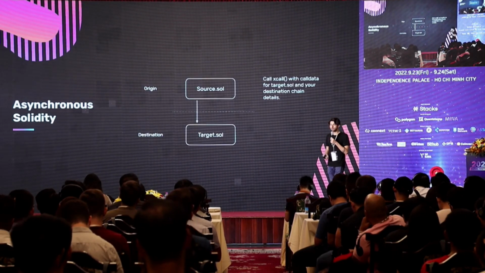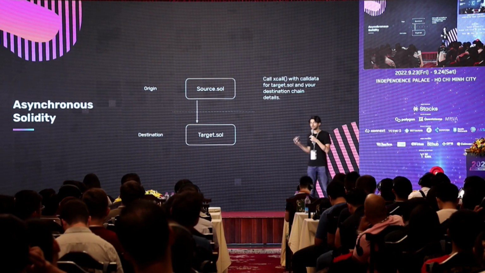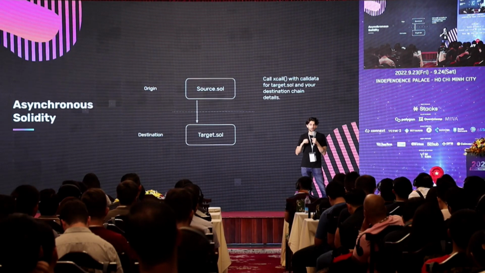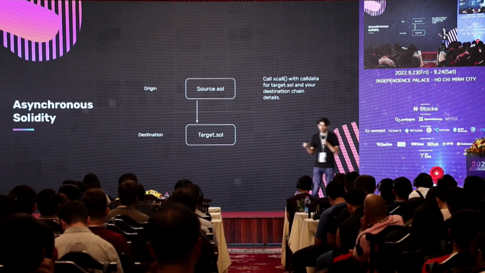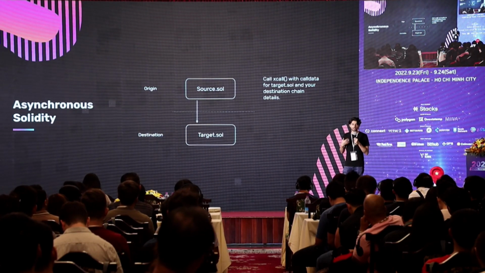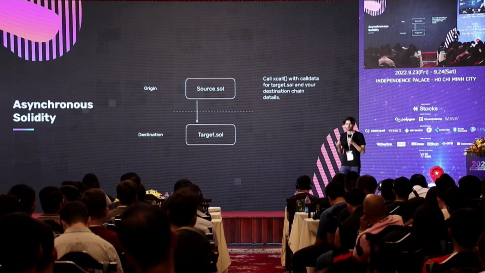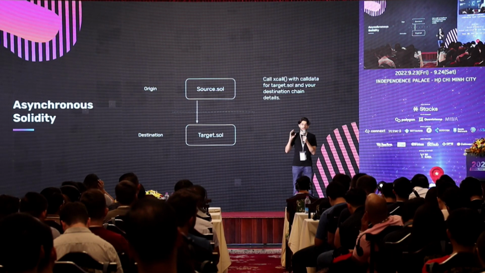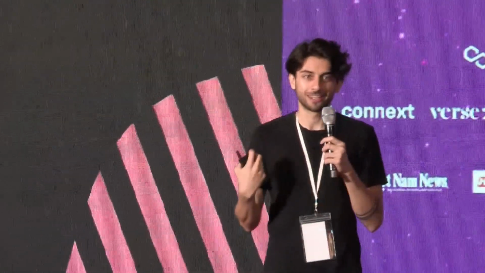Xcall works in the same way. With asynchronous Solidity, you can make a transaction to a contract on a different chain in the same way that you make a transaction to a contract on the same chain. But because it's on a different chain, you don't know that that transaction is going to happen immediately. I mean, it's not going to happen immediately, right? It's not happening within the same block like it would in a normal transaction. And so now you have this asynchronous paradigm. You xcall across chains, and just like JavaScript, you can optionally also specify a callback, which returns data from a function on a different chain that you can then use to execute something again on your source contract.